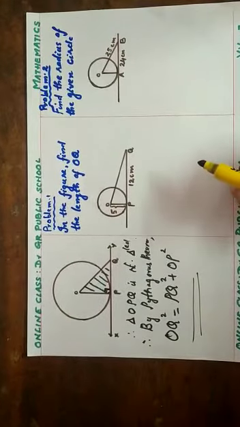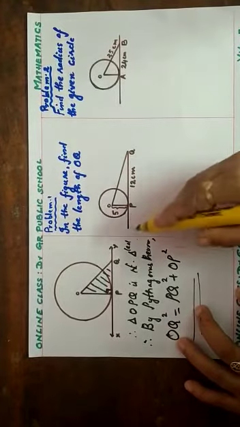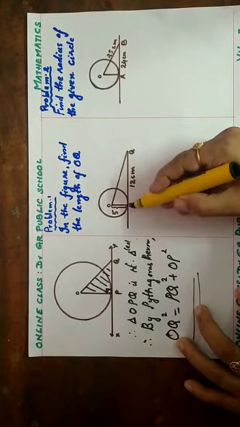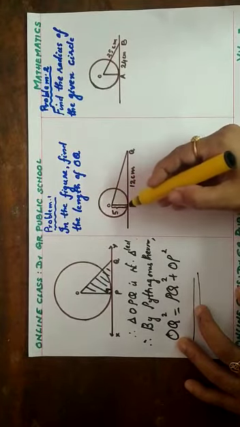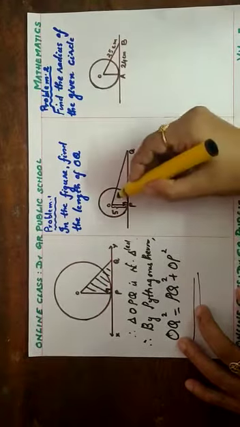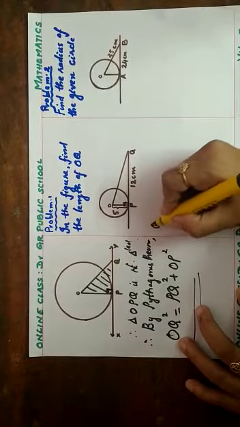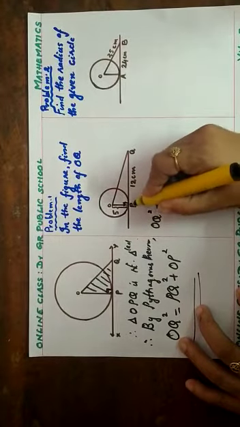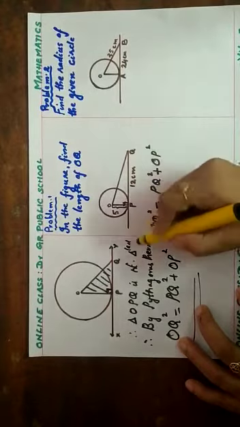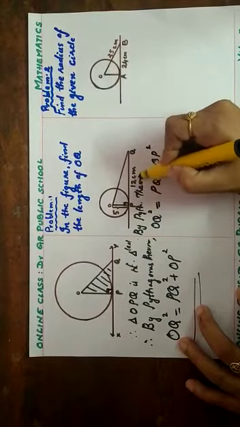Now, consider this question. In this figure, you are asked to find the length of OQ. A figure is given here. Again, a circle in which a tangent through the point of contact P is given and a radius is also given, so you can take this angle as 90 degrees. So, it is a right triangle in which you can apply Pythagoras theorem. The side opposite to 90 degrees is the hypotenuse. So, you have the hypotenuse square equal to the base PQ square plus the altitude OP square. Reason: by Pythagoras theorem, that you need to note.